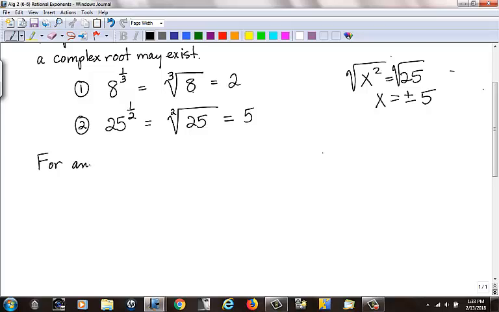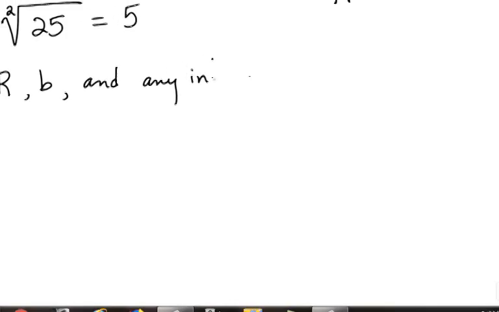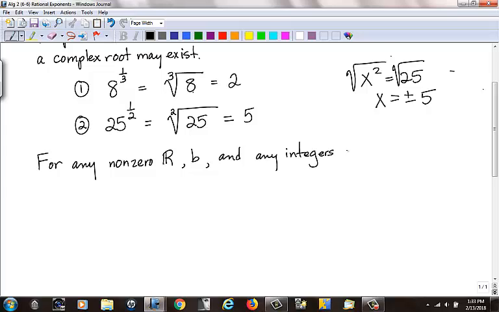For any non-zero real number b, use a double bar R, and any integers m and n with n greater than 0, sorry, greater than 1. That's my mistake. With n greater than 1,